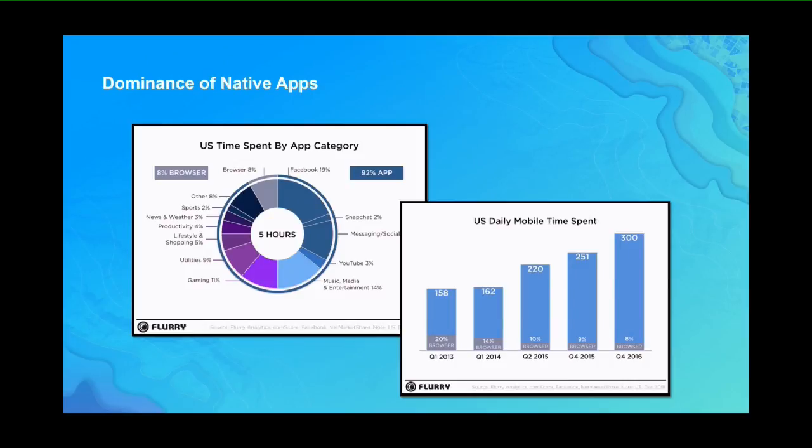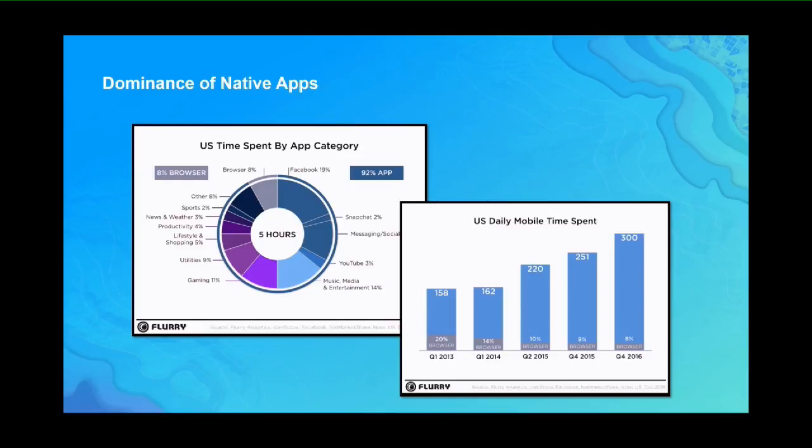Is the little sliver of gray at the bottom. This is on mobile devices, smartphones and tablets. That's the amount of time people spend in the browser on their devices, versus the blue is the time they spend on native apps, which I think a lot of us can relate to. If on our smartphone we want to get email, we don't go to the browser and type in Outlook.com or Gmail.com. We go to the native application on our phones. It gives us a better experience. It's smoother. It's faster. It's made to work on that